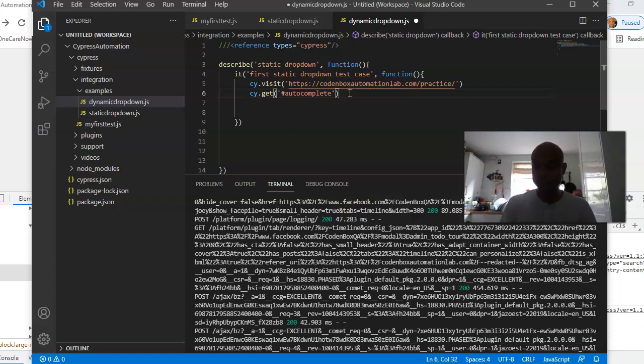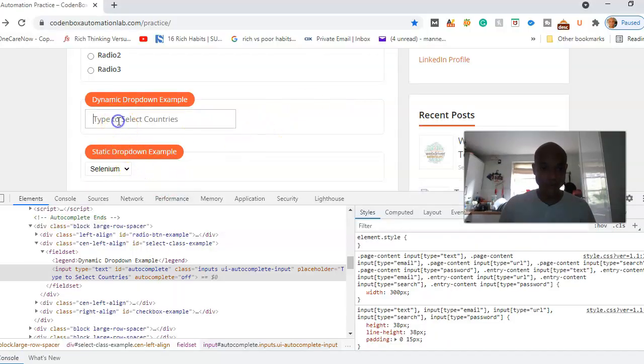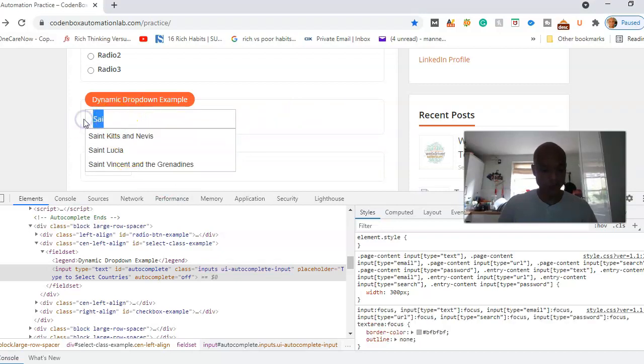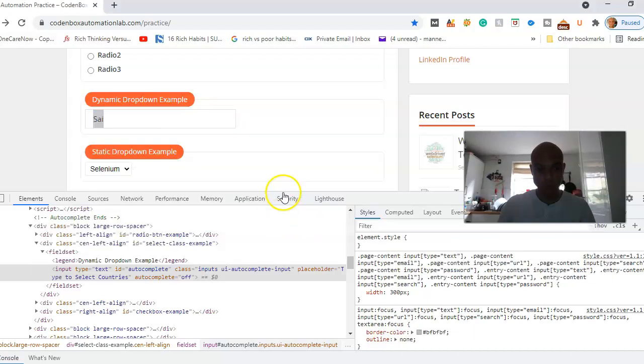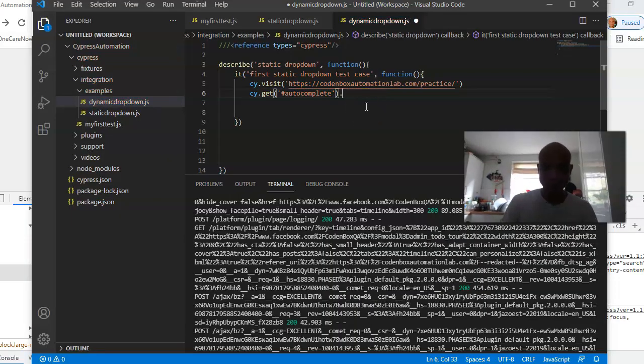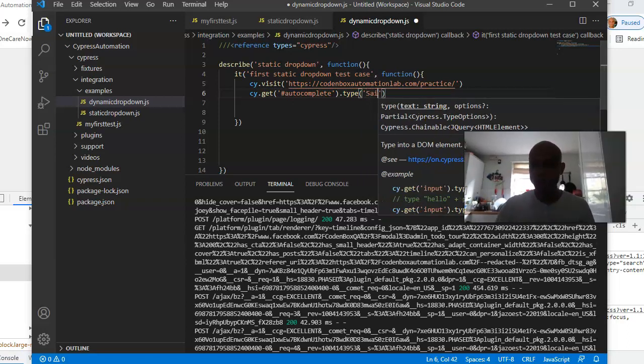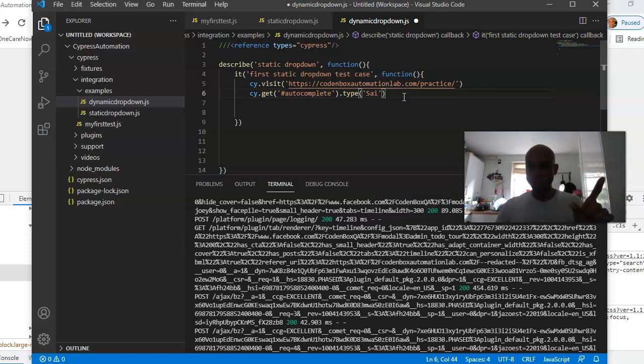And what we want to do now is dot. What do we want to do inside? We want to type SAI and select our St. Lucia. So I'll copy this, and go back here and say dot type. Type is also a function. And then you just say open and close brackets and open and close single quotations, and what I want to type is that. So that's it. We've located that box, we've typed stuff in that box, and now we're going to get